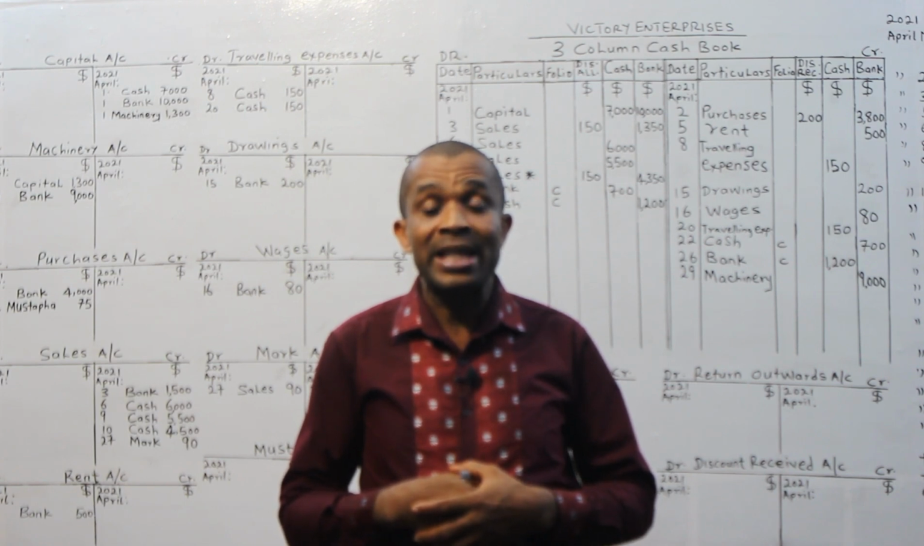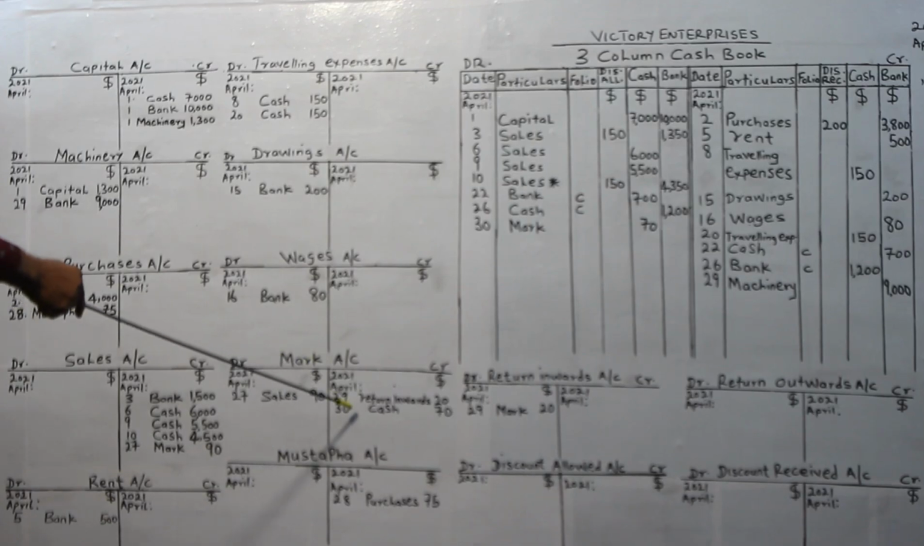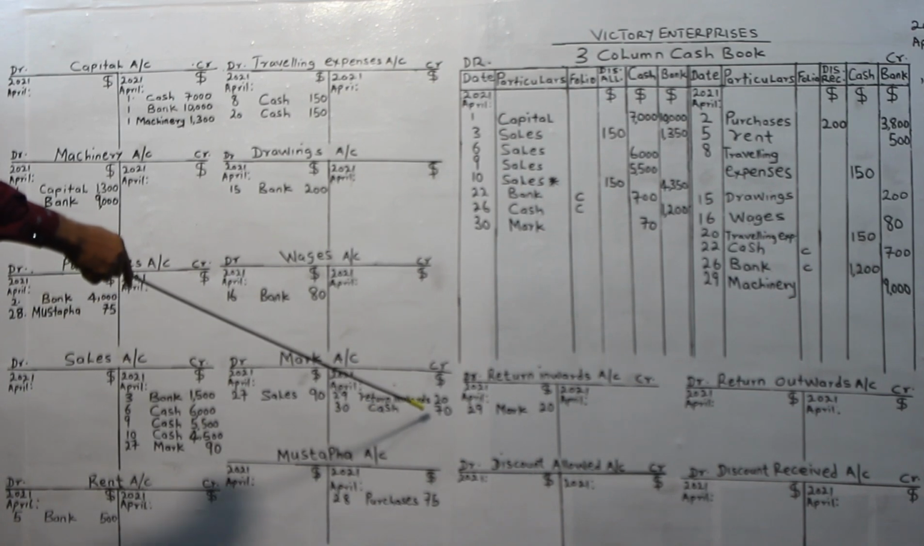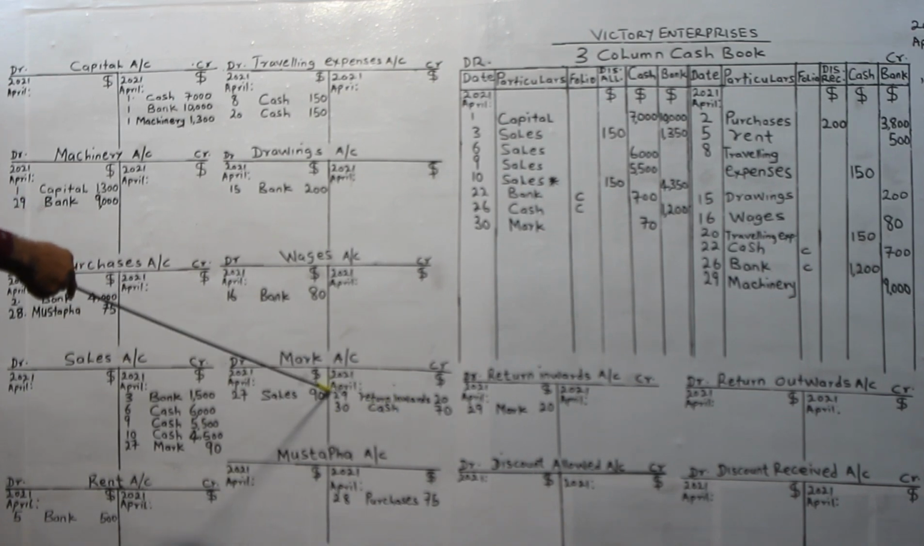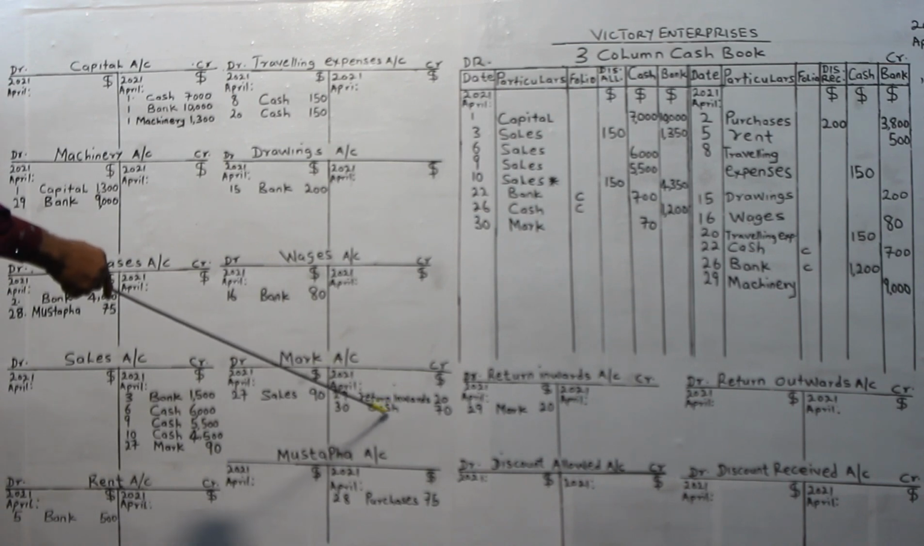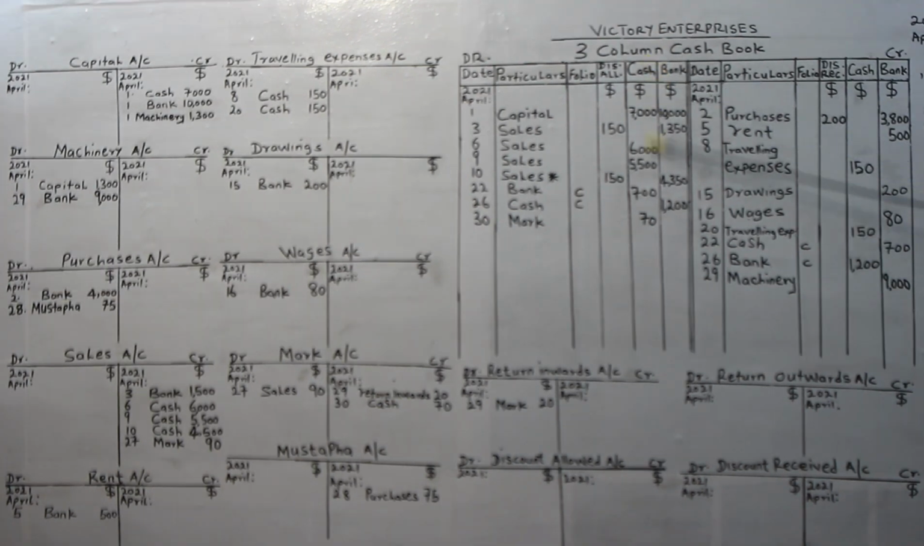Therefore, now that Mark is paying his account of $70, Mark's account will be credited for giving out cash, while the cash account will be debited for receiving the cash. So Mark's account that gave out the cash of $70 on 30th April 2021 is credited for paying his account balance. The cash column is debited for receiving $70 from Mark on 30th of April